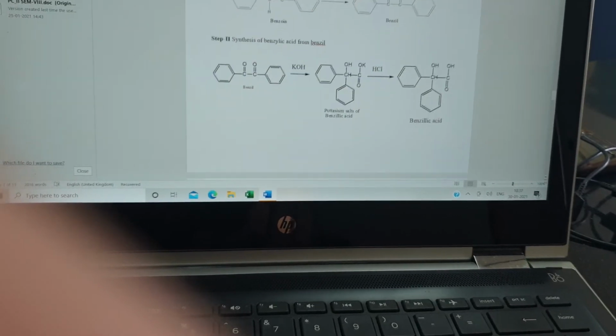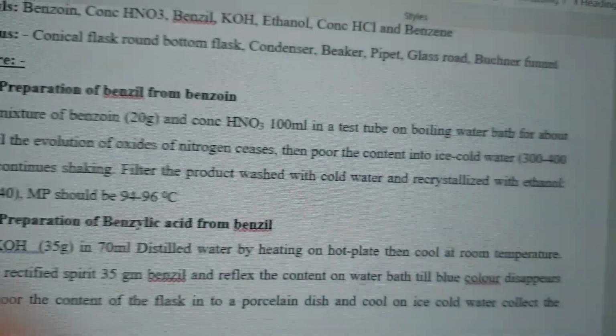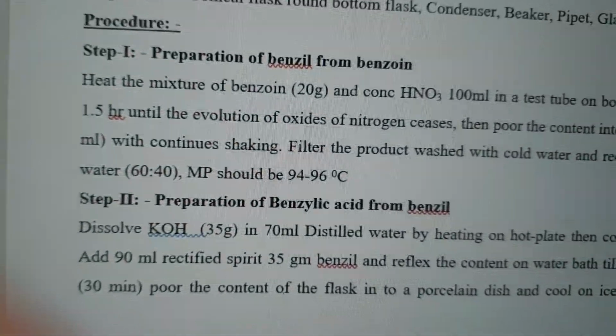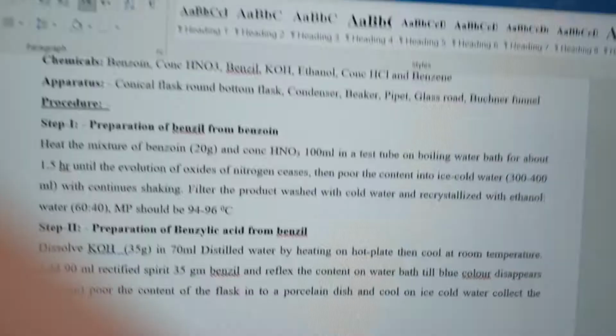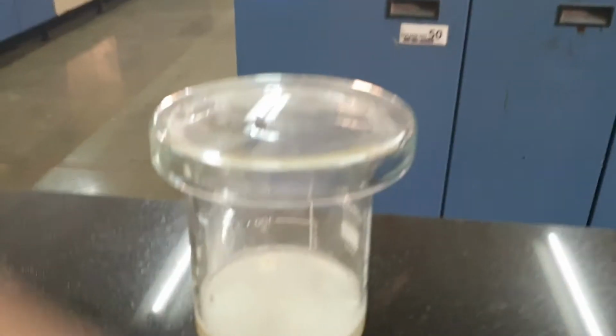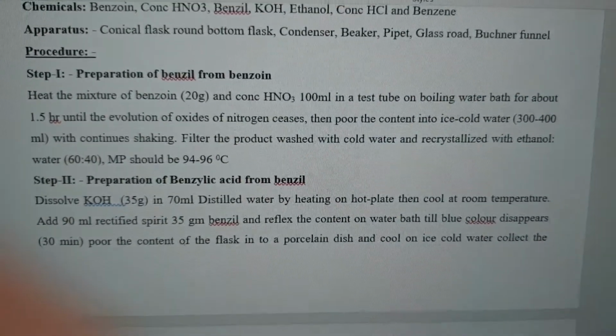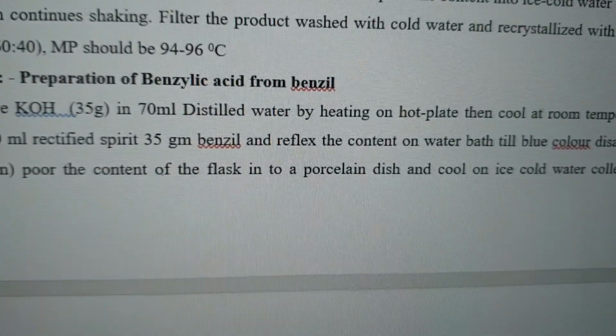I have added the nitric acid. The next step, what we have discussed in the first procedure, I will show you. In the first procedure, nitric acid I have added accordingly, as measured. Now I have to heat this and boil this mixture for 1.5 hours, as that much time is required for the fumes to cease. Afterwards I am going to pour this into distilled water. The moment I pour it into distilled water, I will get the clear crystals. We will see the next step in the next video.